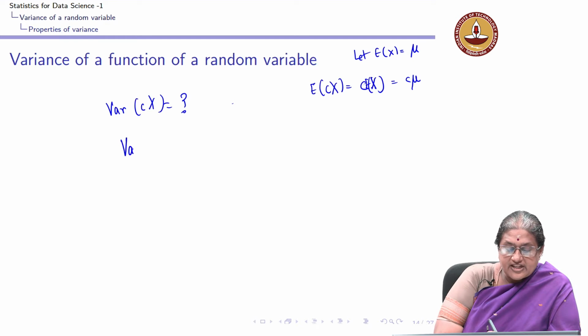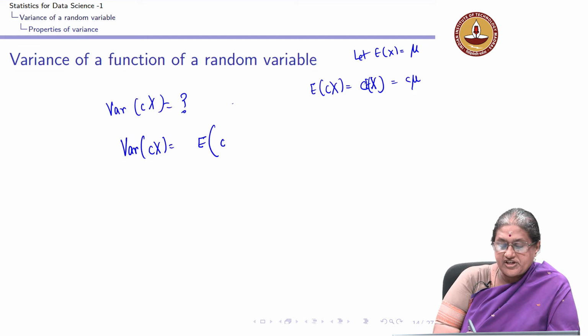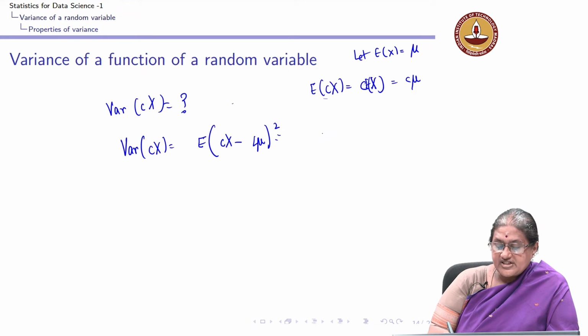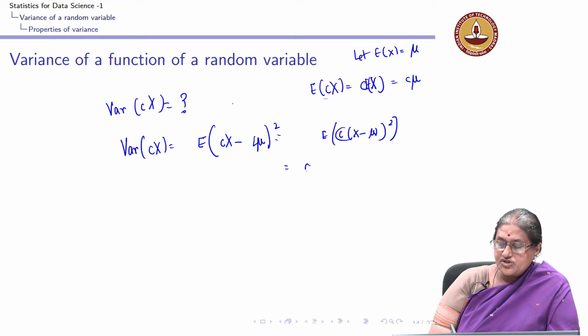From first principles, the variance of cX is the expectation of cX minus c mu, whole square, which is the expectation of c into X minus mu, whole square, which is c square expectation of X minus mu whole square,